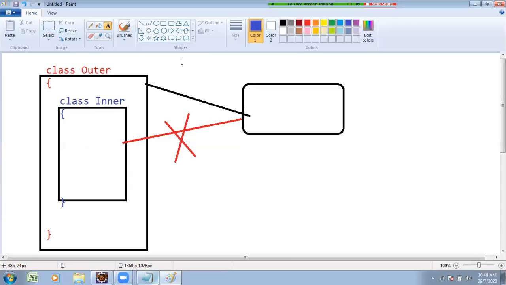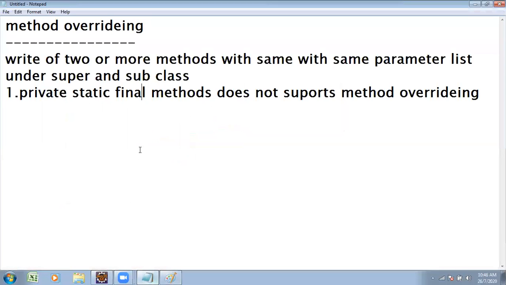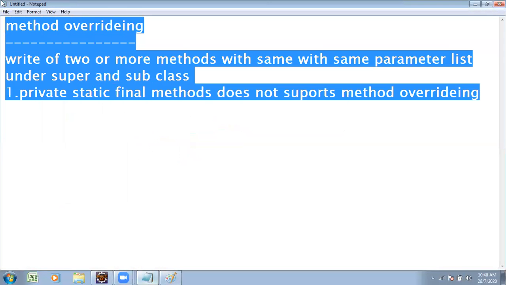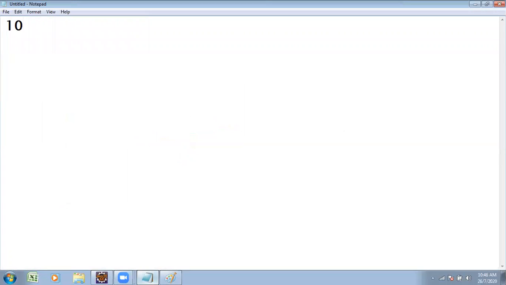Which types of inner classes are there and how to access them, we wanted to concentrate on. Java supports 4 types of inner classes. Number 1, member inner class.